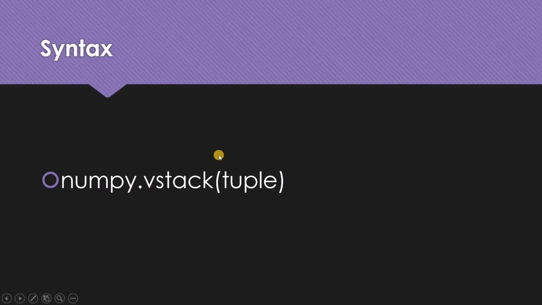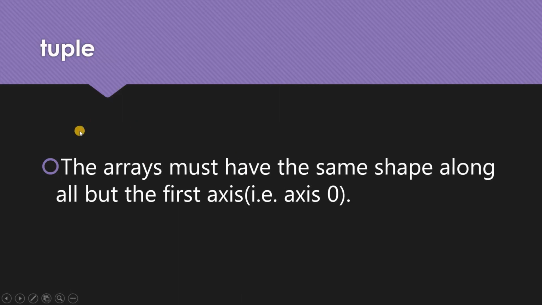Remember, inside the round brackets we have to mention one more pair of round brackets, opening and closing, and then we mention the arrays, that is a and b and so on. And there is a rule, which we already know. When we use the concatenate function, the arrays must have the same shape along all but the first axis. Remember, first axis means axis 0, second axis means axis 1, third axis means axis 2, and so on. This is what we discussed in the concatenate function, because the axis along which you are concatenating the arrays need not have the same shape. Other axes should have the same shape, but not that axis.